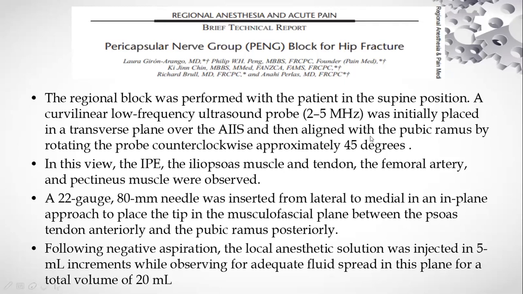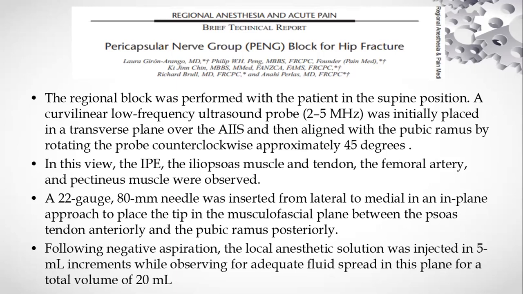We'll see in the further photos how it is done, by about 45 degrees. So as you have turned it, you will be able to visualize part of the AIIS, and because you're turning towards the pubic ramus, you'll also be able to see the iliopubic eminence in this case. As we had already seen in the anatomical study by Short et al., at this particular location there is presence of femoral nerve high branches as well as the accessory obturator nerve. So utilizing this information, this new block was brought about.